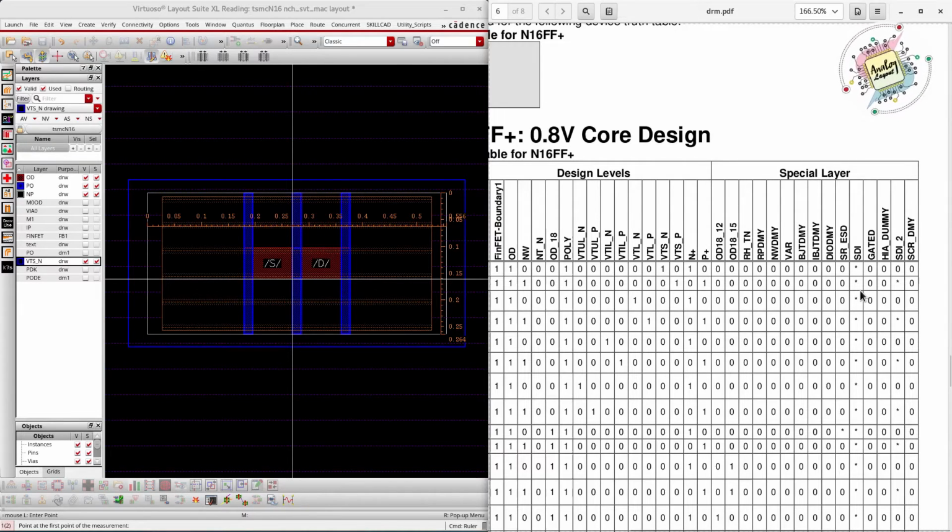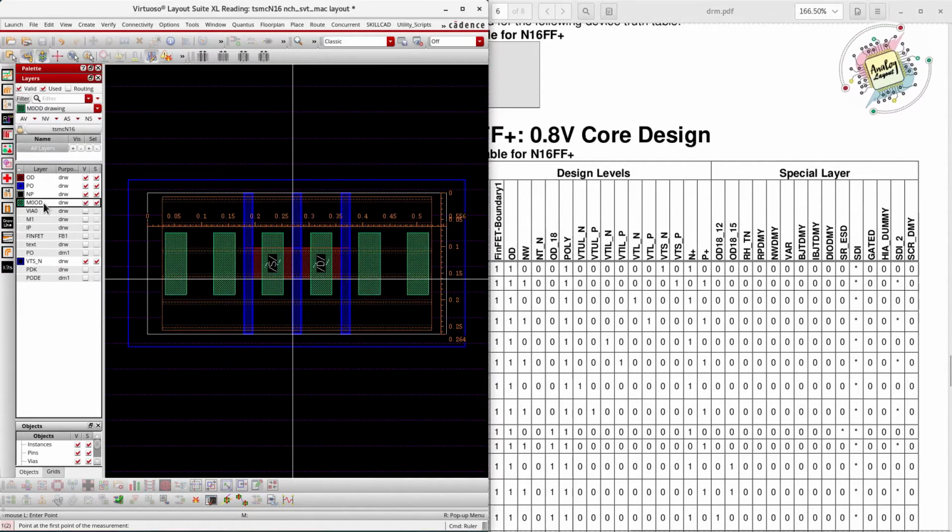is completed, the next step is fabrication of MO2 OD. MO2 OD is a kind of layer where you need to disconnect the OD. So this is the MO2 OD layer. I think we have discussed this MO2 OD layer in the previous slide. So the next step is the MO2 OD layer.